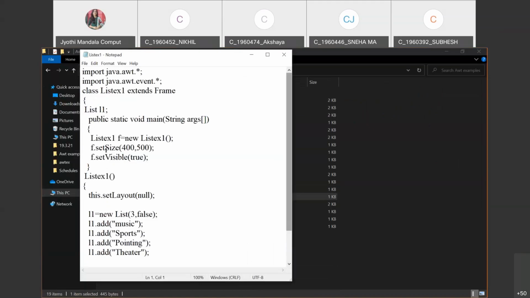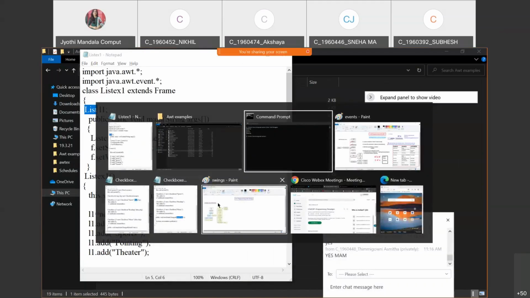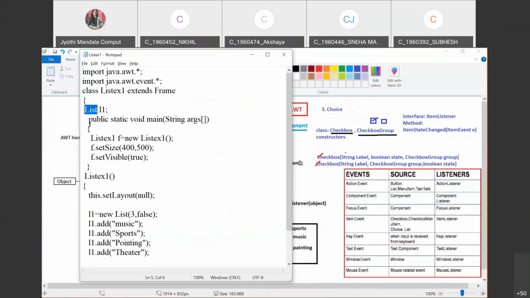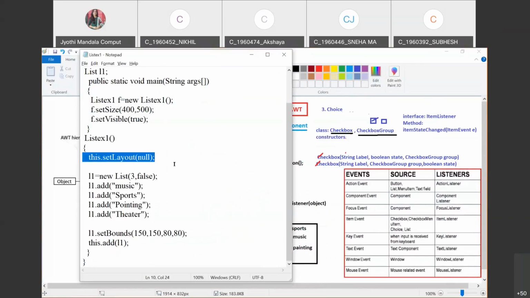So to perform that task, the class we are going to use is list class. Okay, list class is available in java.awt.* package. So we have a class called list class. Okay, and for that list, these things are common, like creating the frame and setting the layout. Why I have used this null layout, because most of you are familiar with this one. If you are not setting any layout, then it is our responsibility to set the bounds where you want to get that component to be added.